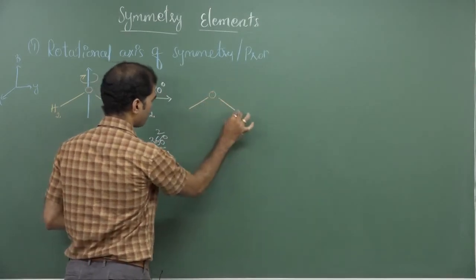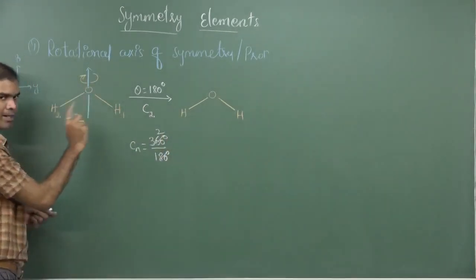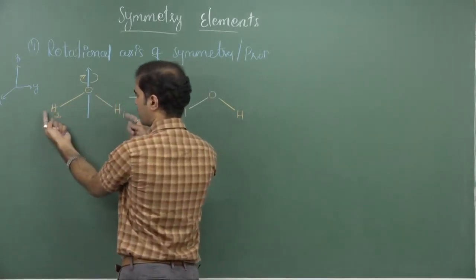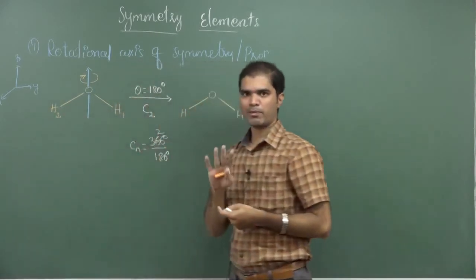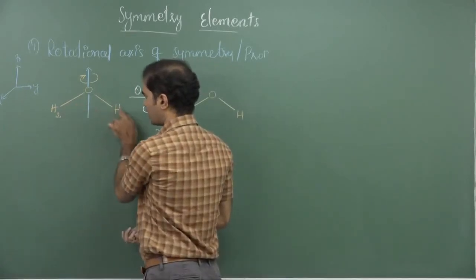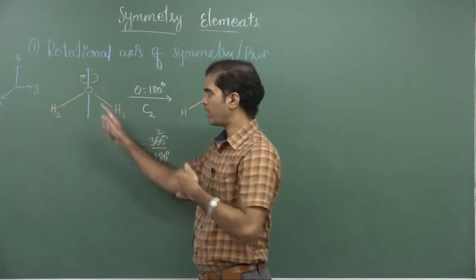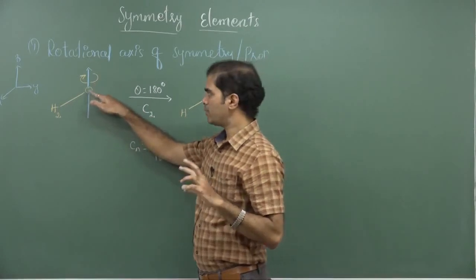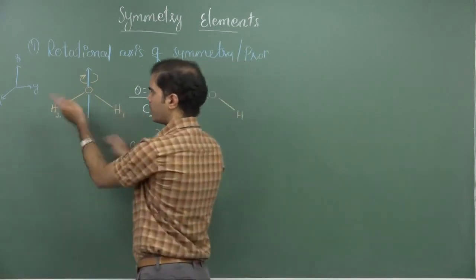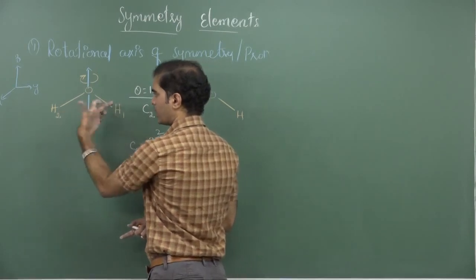in the stereographs I have explained to you, the position of the atoms will shift. These two hydrogens are identical and these two hydrogens have a linear relation. So since they have a linear relation, you can exchange them by a 180 degree rotation. It is not possible with every molecule, but it is just common knowledge that whenever two identical atoms are having a linear relation, then they can be exchangeable by a 180 degree rotation, provided the other atoms are symmetric. In this case, we only have an oxygen. Suppose we had two other atoms which are non-identical, then such a rotation is not valid. But in this case, we only have one oxygen, so these two have a linear relation, rotated by 180 degrees,